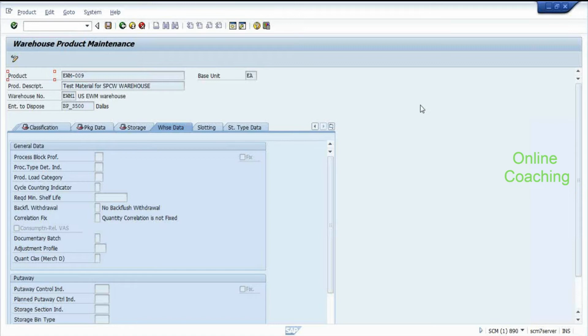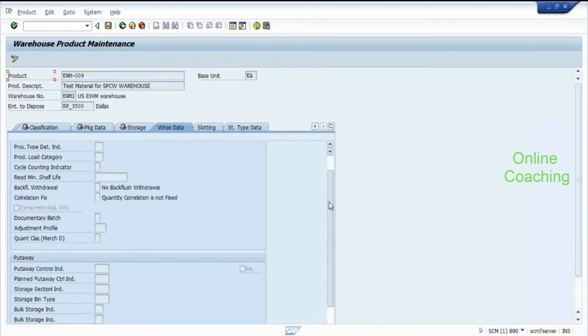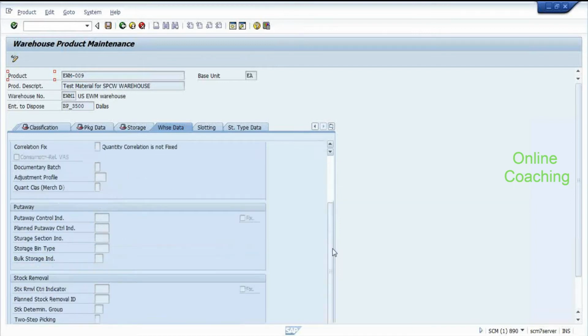Okay. The warehouse data, slotting. Warehouse data is basically something that you'll maintain. If you're working with bulk storage, if your warehouse is bulk storage managed, then you'll have to put in a bulk storage indicator out here also. Okay. All that. But all this information, the putaway control indicator, the bulk storage indicator, all this is